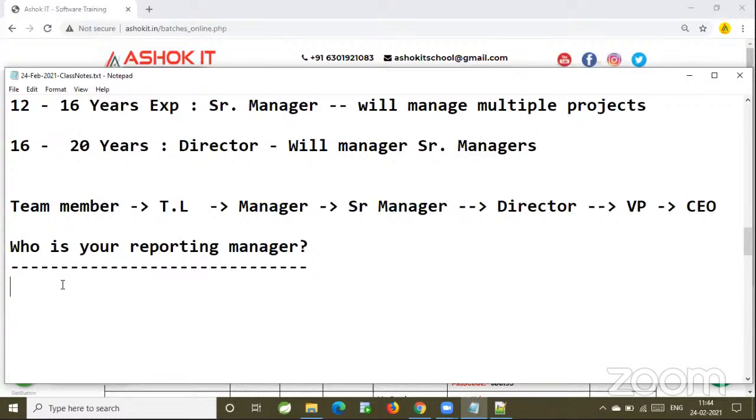You told us the onshore people will give the requirements to the offshore people. In what form will they convey it, like mail, a document, or tickets they assign? How will the process work? Once they have collected the requirements from the client, they will prepare an FDD document and share it with the offshore people through a SharePoint location.